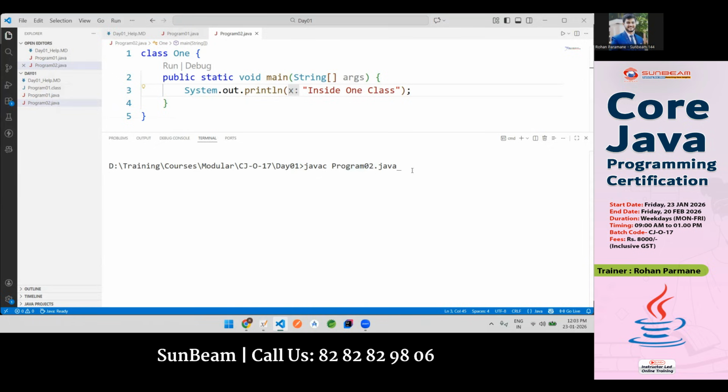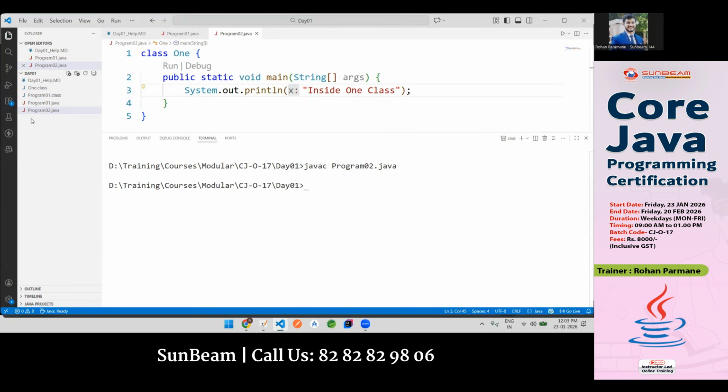Now hit enter. जरा enter चेक करो और यहाँ पे चेक करो what is the name of the file. Hit enter. The program has been compiled. Where is the program 02.class? Program 02.class file किधर है? Notice it. There is a different .class file जिसका नाम क्या है? Can you observe? What's the name of it? One.class. Can you observe what's the name? It is one.class. That means inside this .java